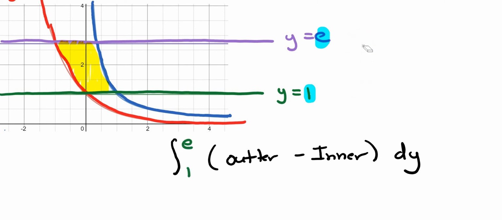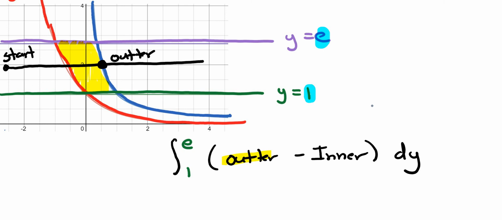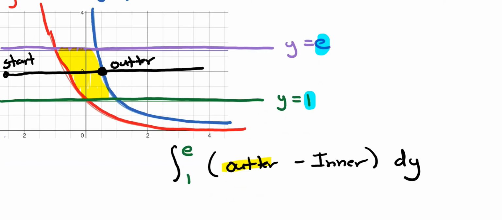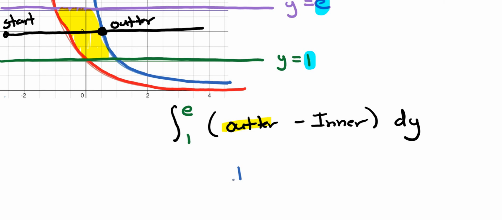Okay, and then let's go ahead and find my outer function. Just like the previous problems, you might want to put a dot at the far left-hand side and say start, and you just draw a horizontal line right through the yellow area there. And I can definitely see at this point right here, this is my outer function. So my outer function is blue, and what's the equation of the blue line? Well, it's 1 over x. So let's go ahead and put in 1 over x